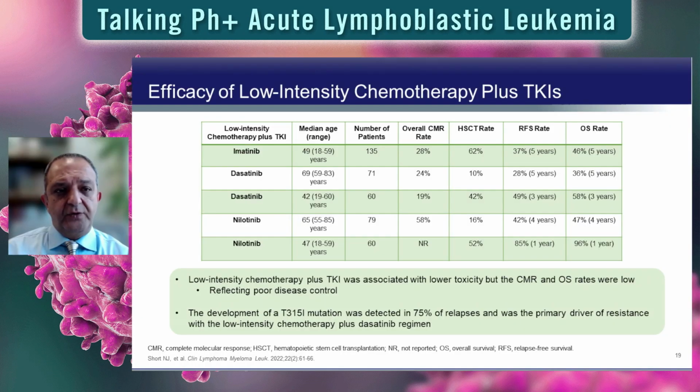The question actually even arises now in a younger patient. If you have a donor identified and you've discussed it with the patient and the patient is set to go on to have an allogeneic stem cell transplant, one could argue, why would you subject them to the high intensity regimen where you can get similar, if not higher, response rate and then move on to transplant? Of course, in the older patients where transplant is not feasible, one has to think about long-term outcomes,